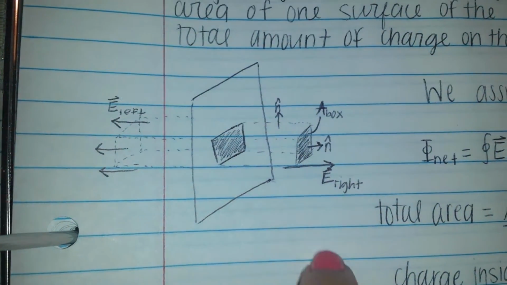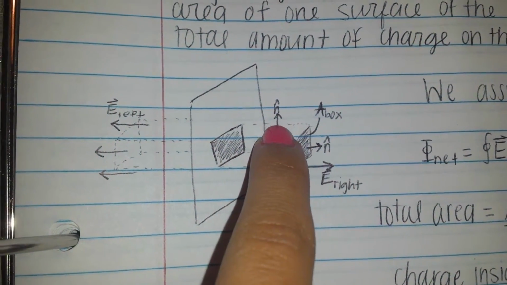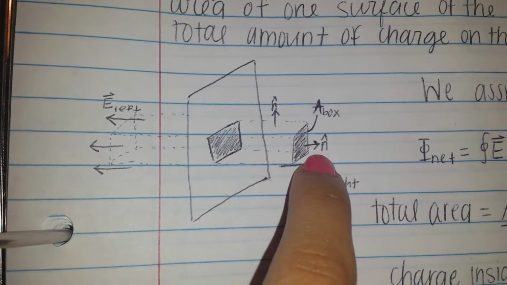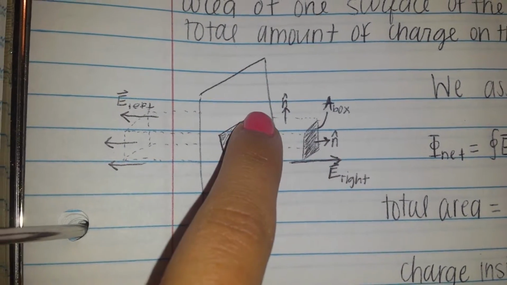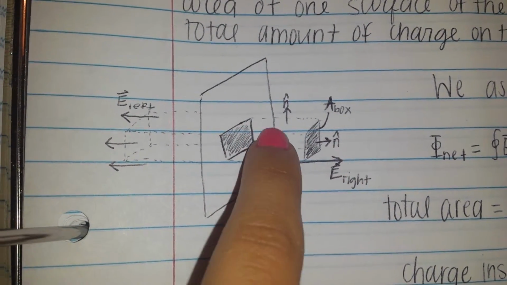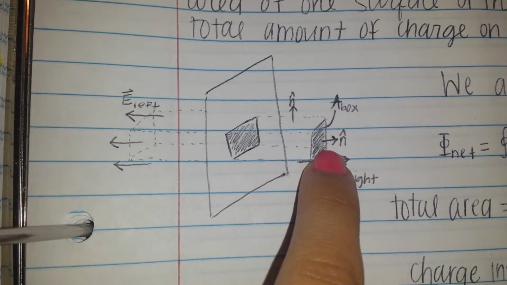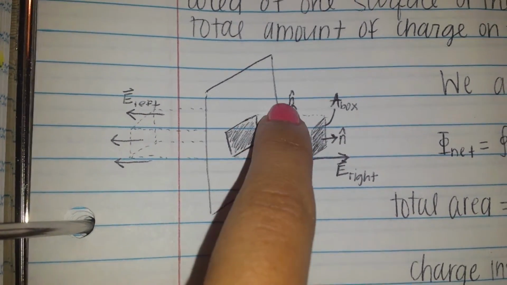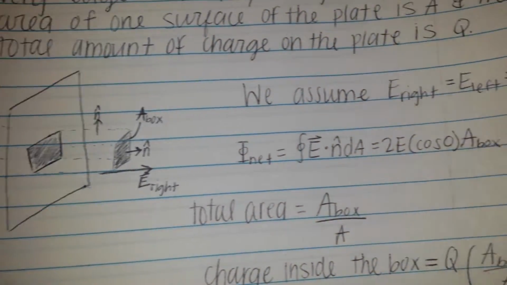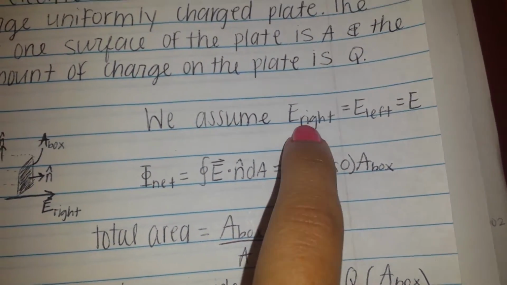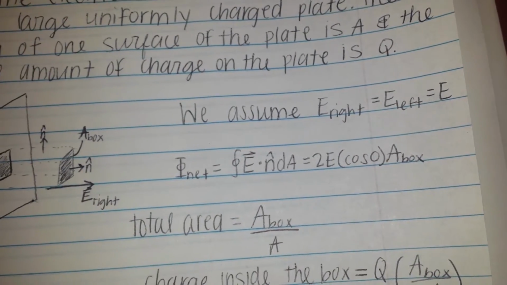So as we can see, drawing the n hats, they're going to be zero. We're going to get a zero flux everywhere except on the ends, because they're parallel on the ends, but everywhere else they're perpendicular. So we're going to assume that E right equals E left, so we're just going to call